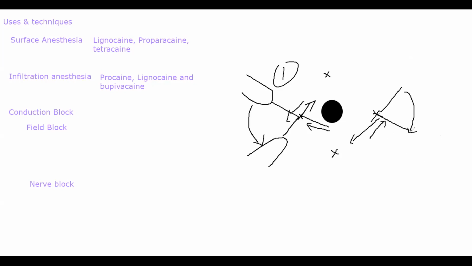Let's suppose this is the needle. Turn it from here like this. Now the needle is like this, and once you turn it 90 degrees, you will inject it again inside. And as you are injecting the drug, initially you have to press the needle inside. As you keep administering the drug, you will keep pulling it out. Finally you'll pull it out as soon as your complete drug has been administered. That will give you a field block like this.